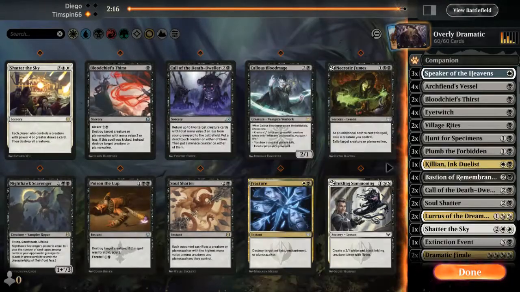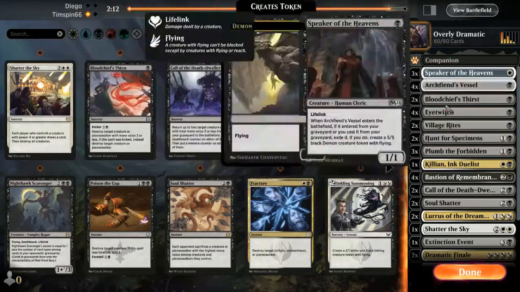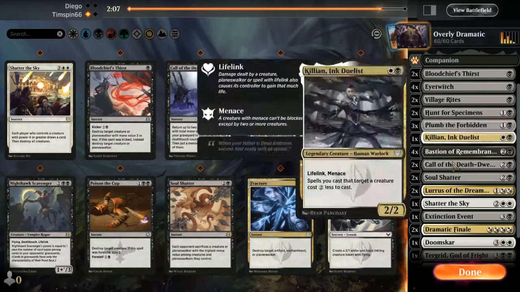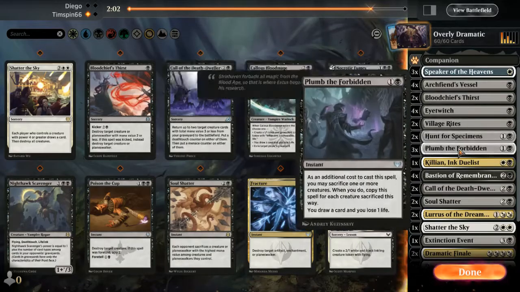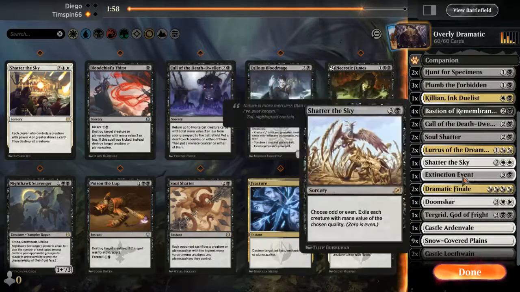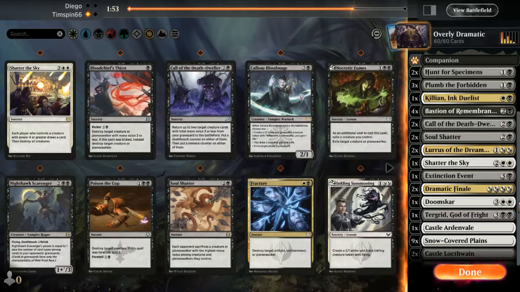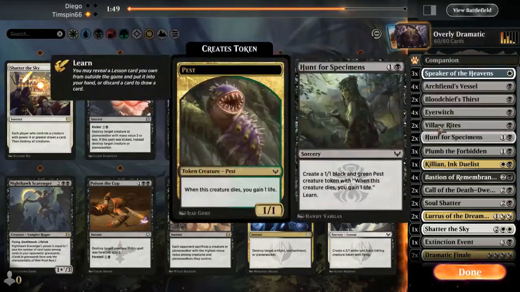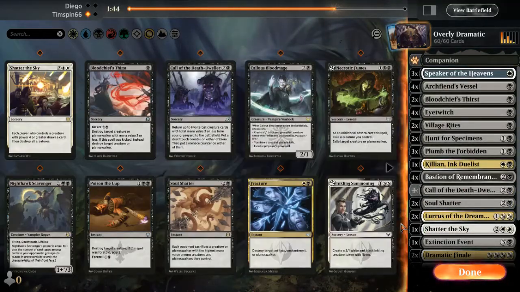Okay, now we see what they've got. I think we got the right stuff in this deck here. The last round of modifications I did to this, I think, really kind of sweetened the deal. So we have the 2 Bloodchief, the 2 Soul Shatter, the Shatter of the Sky, the Extinction, that's 6, the Doomscar, which is 7 kill spells, several sweeps, a slew of small things we can bring back, the Bastion,